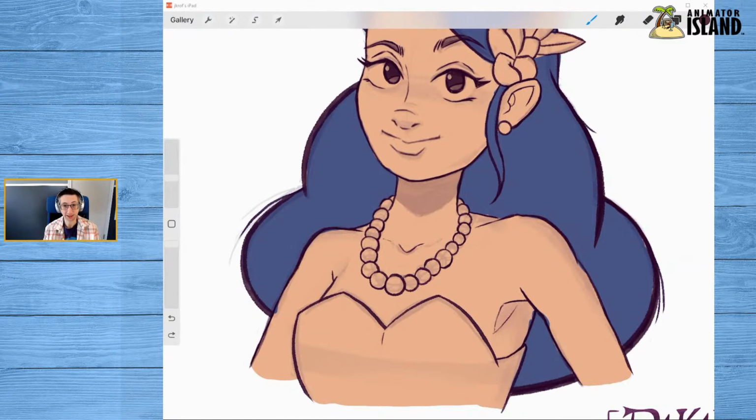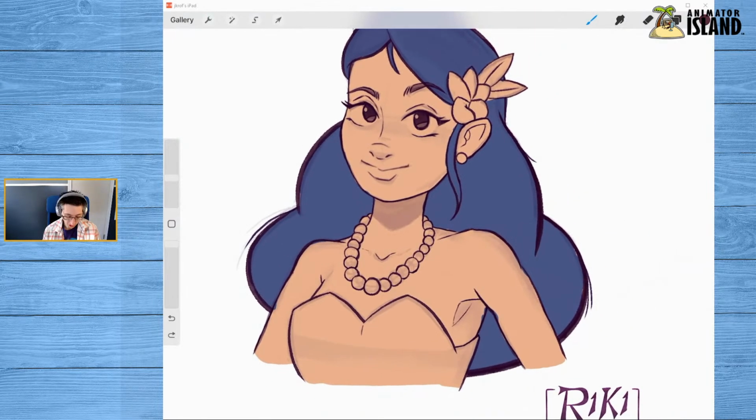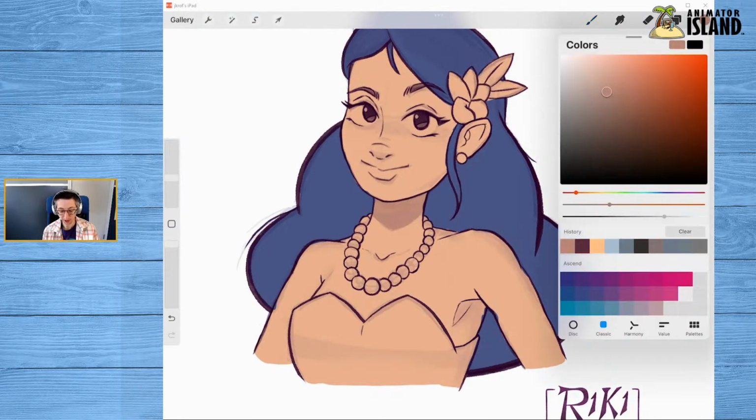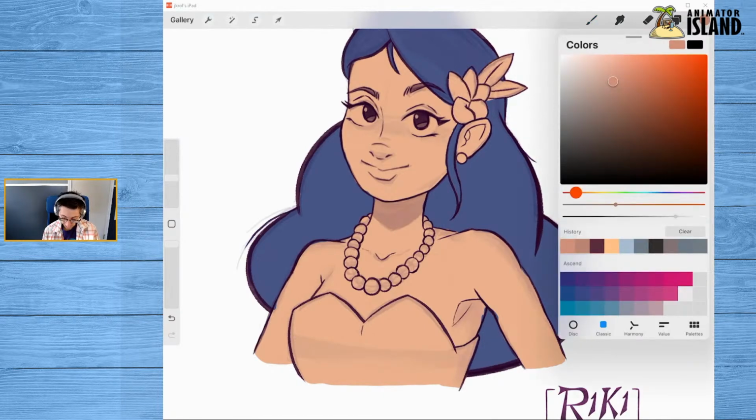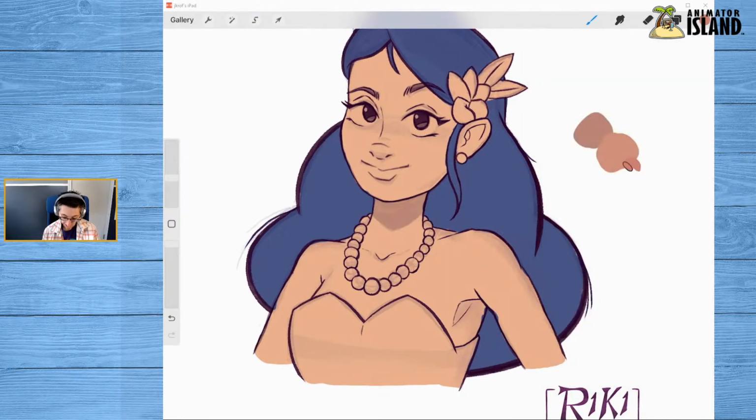They tend to be less appealing. So while I could just use this color straight out, what I might want to do is change it to be a little bit more saturated, a little bit brighter, a little bit richer. And I can also change the sliders here so that I can go a little more towards red or gray or things like that. And I'll keep playing around and eventually